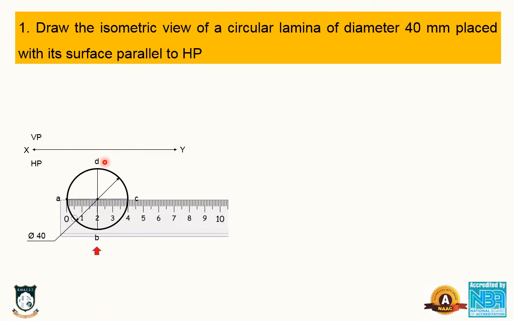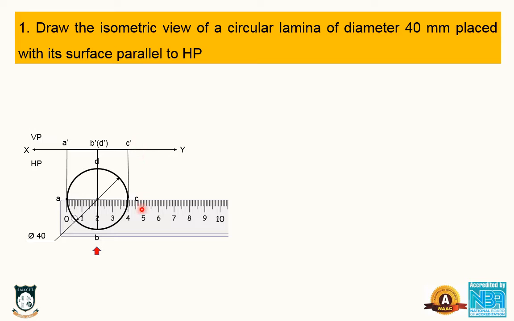The next step, just make a projection line like this. By viewing the circle from this direction, it becomes a straight line. So in the front view, it looks like a straight line. See here, A, B, C is visible whereas D is hidden. So we write A dash, B dash, C dash, whereas D dash, the hidden point, is denoted within brackets. The front view notation should always be with dashes: A dash, B dash, C dash and D dash.